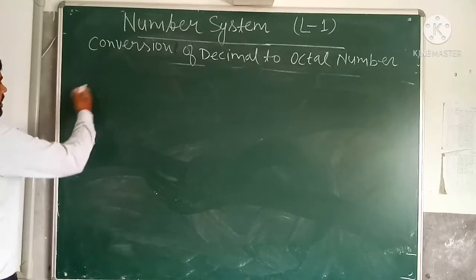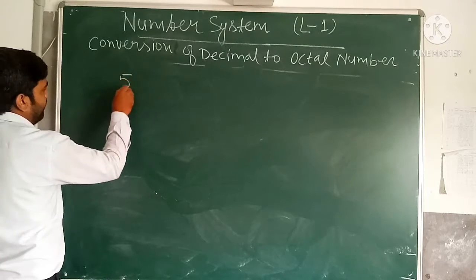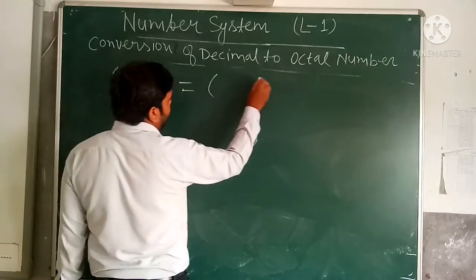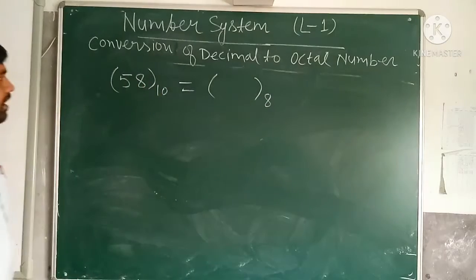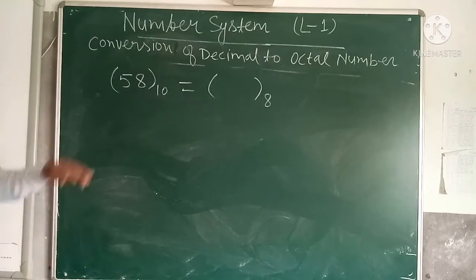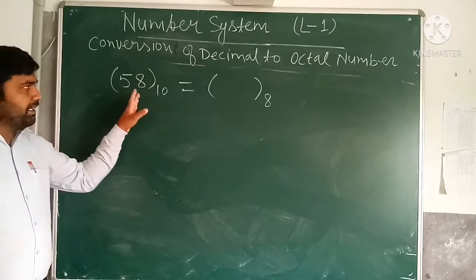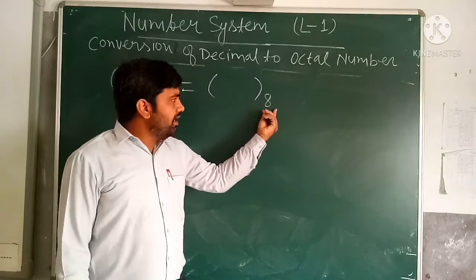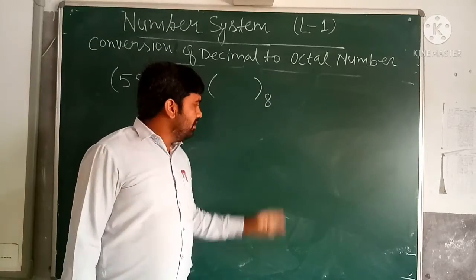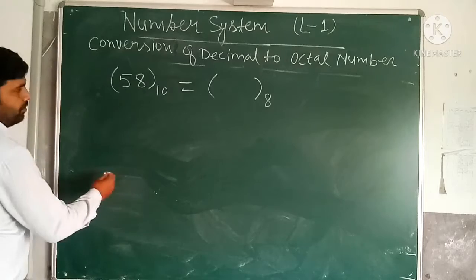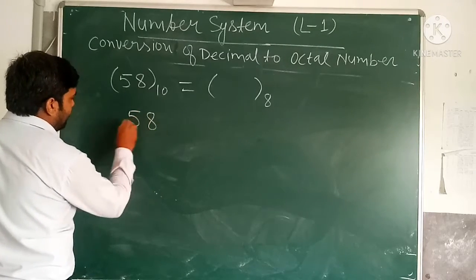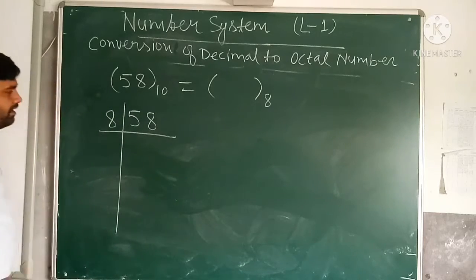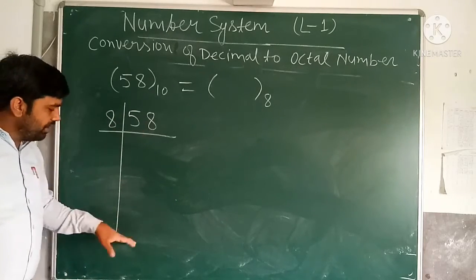See, the example we are taking is 58, which we got. This 58 is the decimal number and we want to convert it into the octal number system, base 8. In the same process as converting decimal into binary, we divided the decimal number by the base of the binary. Here, to convert the decimal number into octal, divide the decimal number by the base of the octal and find its remainder. See how we do it. We divide the decimal number 58 by the base of the octal, that is 8, and we write the quotient and the remainder. We divide this decimal number till we get the quotient 0.